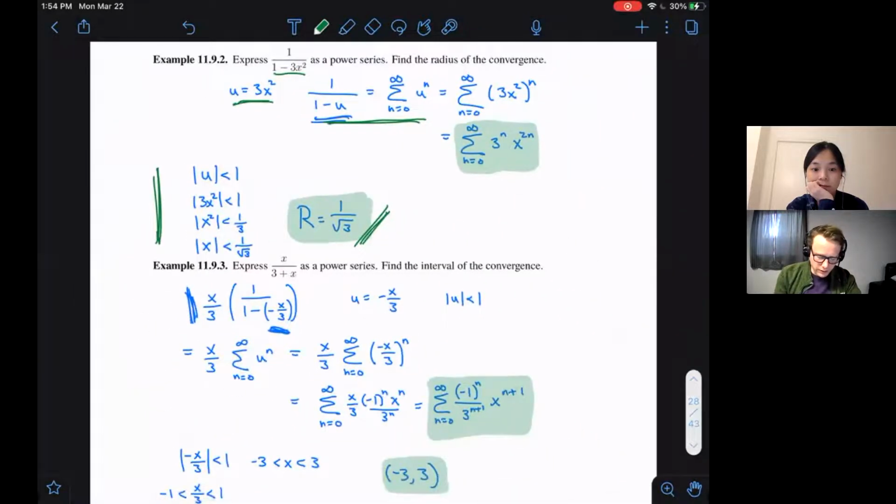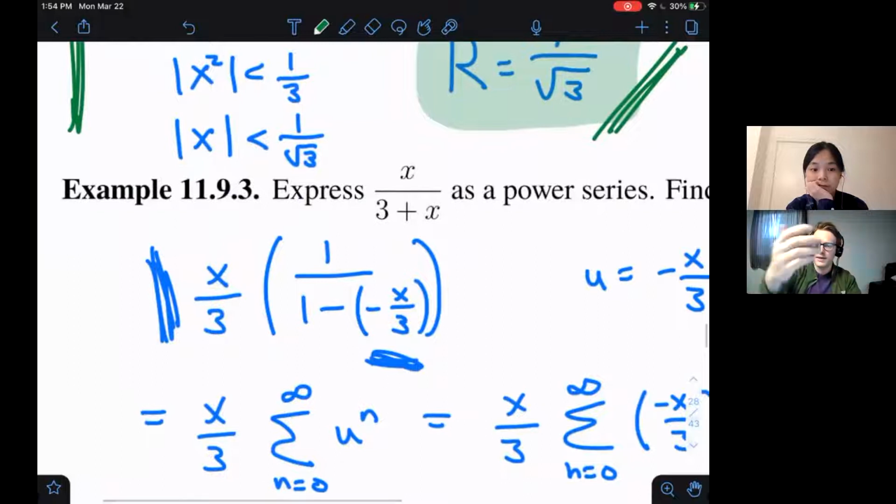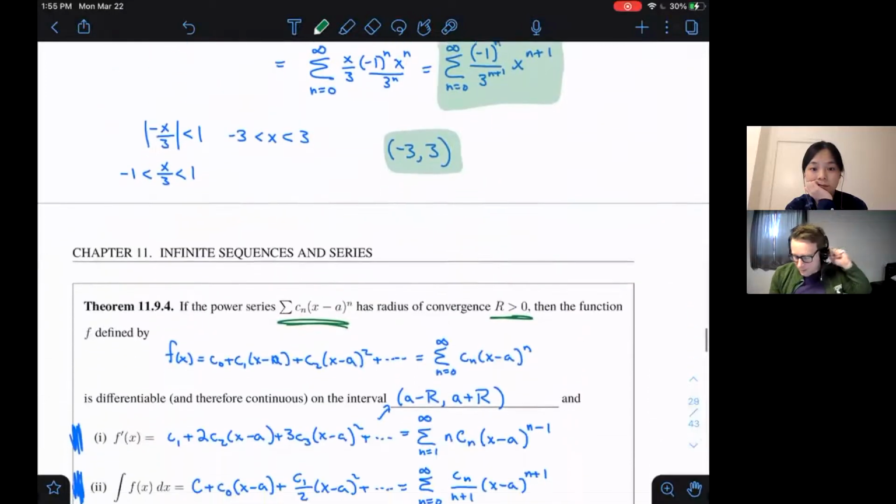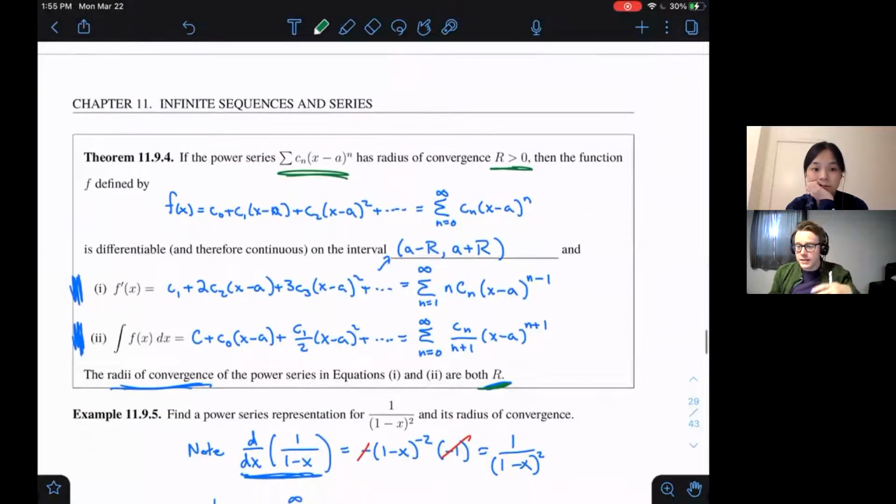And you can do all sorts of things, right? So here we divided through by 3 and we multiplied by x. And so again, you can see that you can actually get quite far. Better yet, this theorem right here says you're allowed to take derivatives or integrals across the board. And that is a legitimate thing to do for power series, right? So we can take derivatives, we can take integrals, and so we can create even more functions based off of